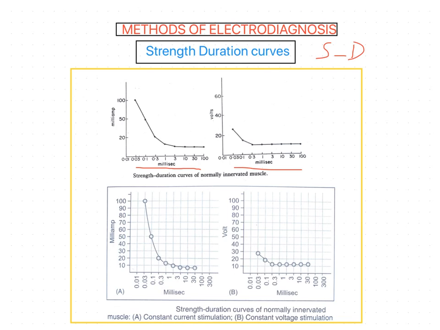And this is the most satisfactory method at present available for the routine testing of electrical reactions in peripheral nerve